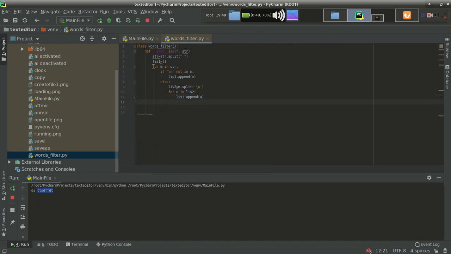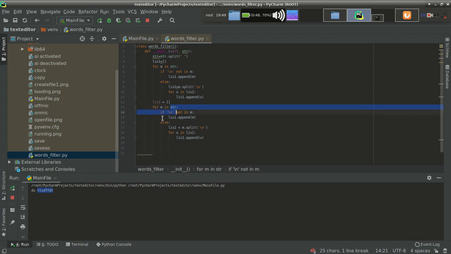So this is the code. Here I use list 1, and for it I will use list 3, self dot list 3, for m in list 1. Actually, let me explain what it is doing.